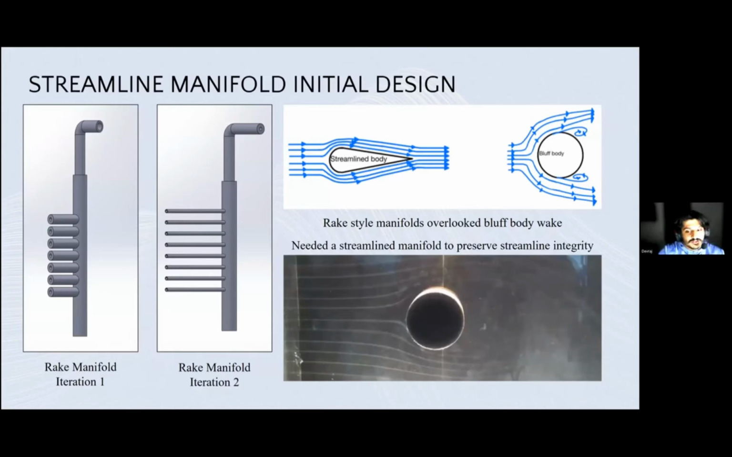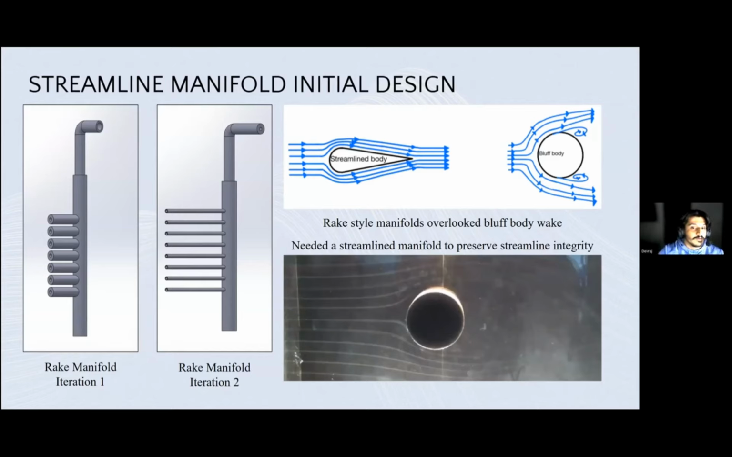Hi, so I'm going to talk about the streamline manifold. Initially, we designed a rake style manifold as seen on the left. There's different iterations of that. However, these designs overlook the bluff body wake. The cylindrical geometry of the rakes would disrupt the streamlines, creating turbulence, and that turbulence effect would render the streamlines